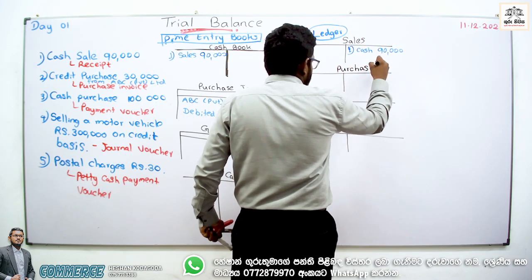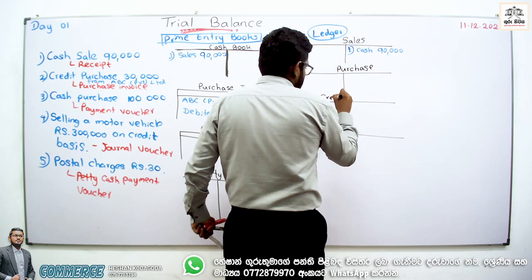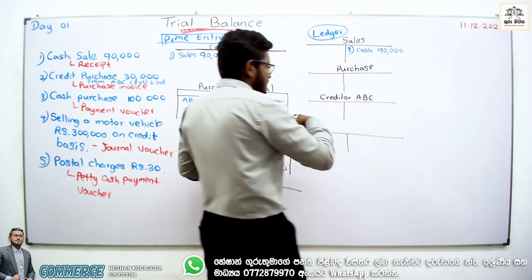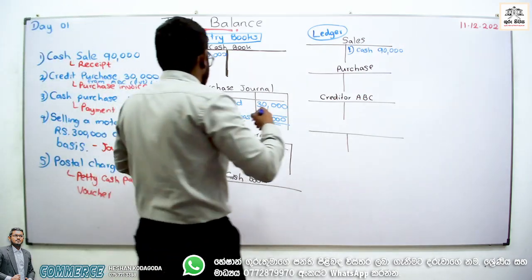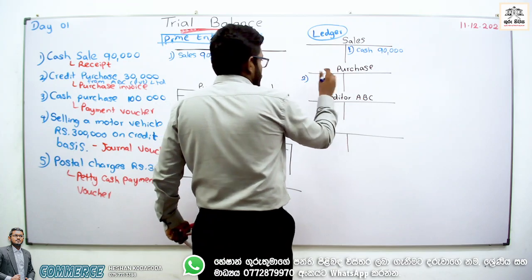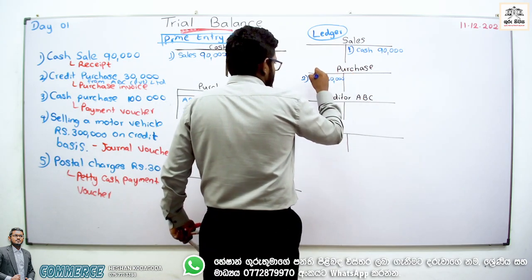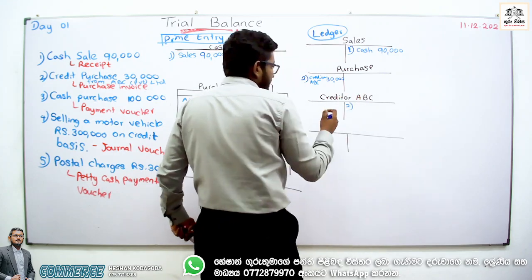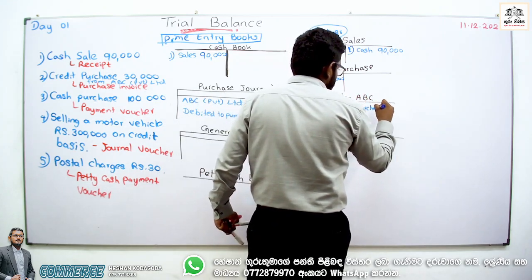So what is the credit entry? Creditor ABC. So second one, purchase account debit 30,000, creditor ABC credit as a purchase. The amount is